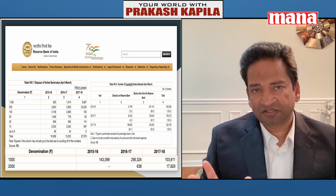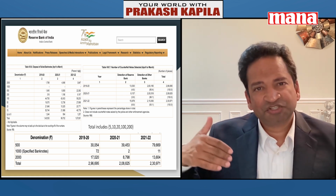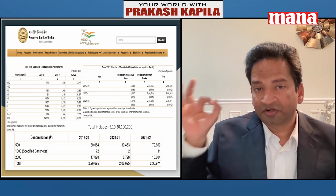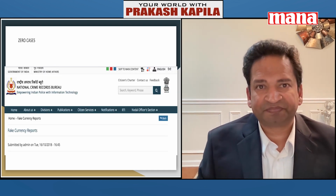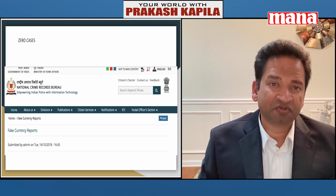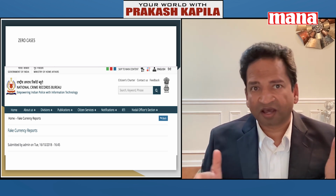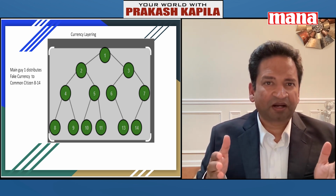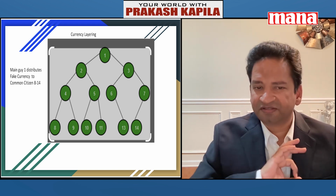So this 2000 rupee note could have circulated to 10 or 15 people. The fake 2000 currency note might have circulated to those 15 people, where the GDP should have been 30,000, it is now 0. There is no value for fake currency. Even if it is a 2000 rupee note, there is no value. So in real terms, the value has fallen to 0 where it should have been 30,000. That is the effect of fake currency on a country. And people are just lazy. Enforcement Directorate, zero